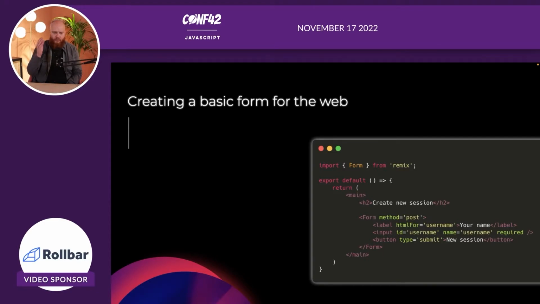So what you see here is that I actually import something from Remix called Form. And what's good to know is that underwater, this will just render a native HTML form element in your page. So that's great. And we'll get to see why we actually use this instead of just the native form element in a bit. And as you notice here, I don't have any preventDefault, no event listeners. I'm actually just gonna say method is post, submit this thing.